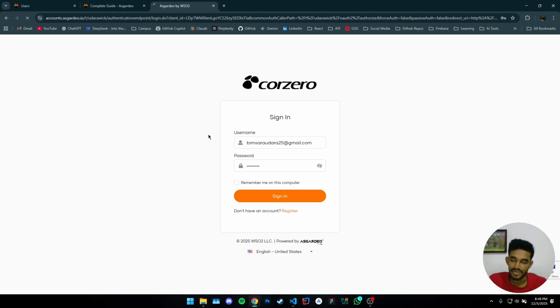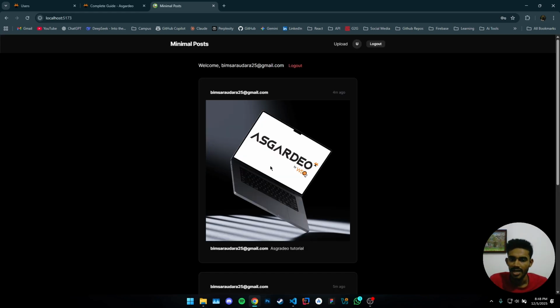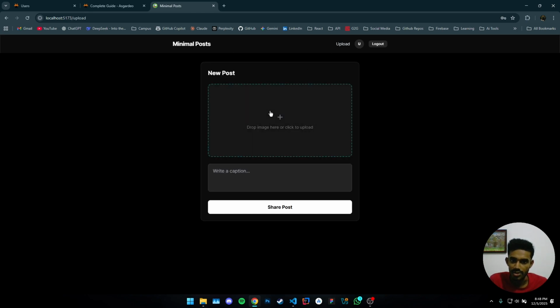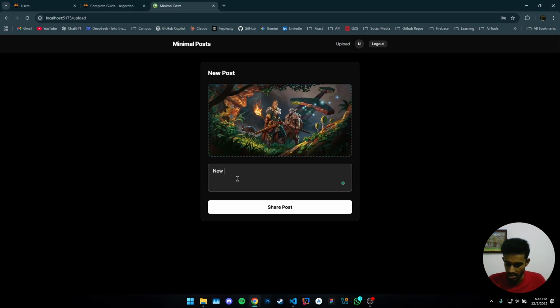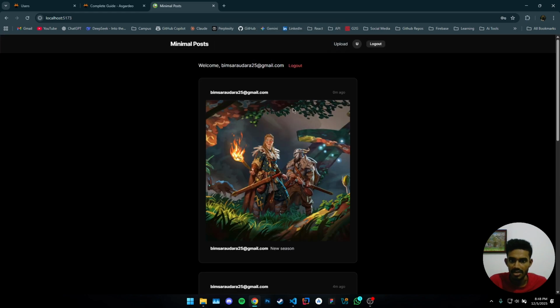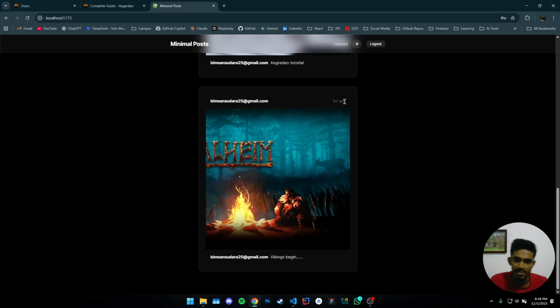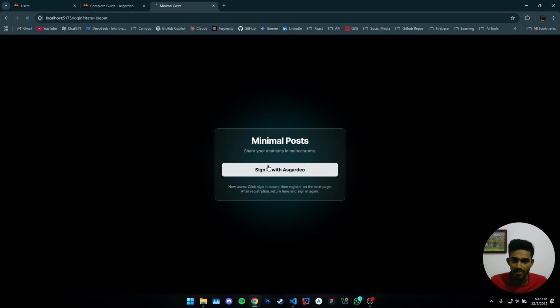The authentication part is handled by Asgardeo, and this is the web application. It's simply only one page, and we can upload a post, and by clicking upload, it's publicly available when I upload the post. It shows to every user in the web application. When I log out and log in with another user,